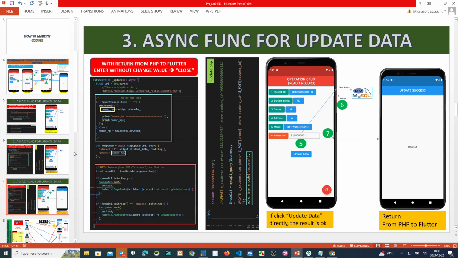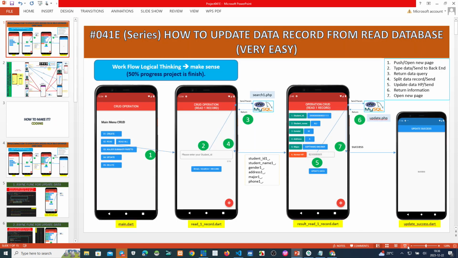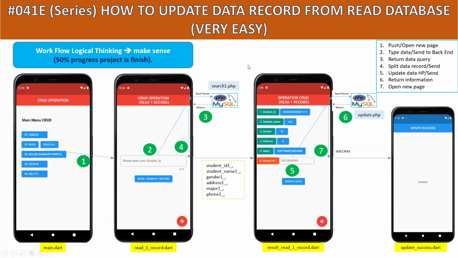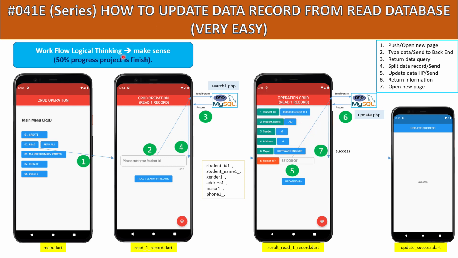But before we close this, I can show you the summary of information like this. Okay, this is my project today, project number 41E. This is how to update a data record from the database.